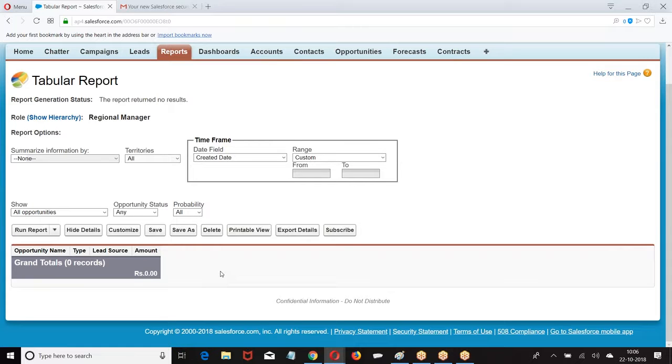Okay. Now, how many types of reports do we have? Reports are 2 types, standard and custom. How many formats of reports do we have? We have 4 formats: tabular, summary, matrix, join. Reports are going to run on whose context? User context. What does it mean? As per the user, whatever the OWD, the profile, the role hierarchy gives you, only those records and only those fields are accessible to you.